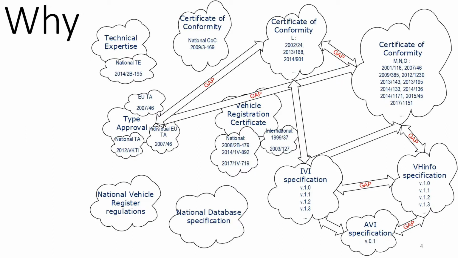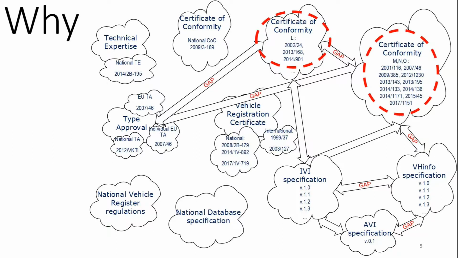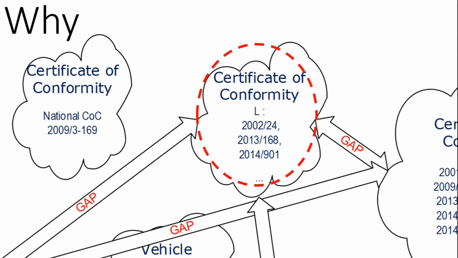Another problem is that there are gaps in data interconnection between these documents, or they are not always clear or expressed only partially, fragmentarily. A striking example is the certificate of conformity for vehicle categories M, O and L. Metadata expressed in these documents, their different versions, are completely unconnected. Moreover, for example, for the same category L, there is no clear link between metadata in different versions